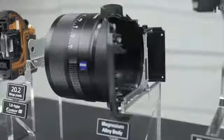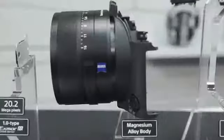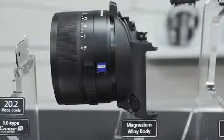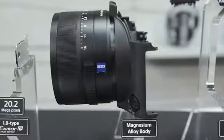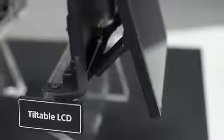The camera requires a total of 30 screws around the magnesium alloy shell. Magnesium alloy is the material you'd find on many smartphones, plus it's a common material in trains and race car wheels. Starting from the back of the camera, the tiltable LCD screen is attached to the body by a central